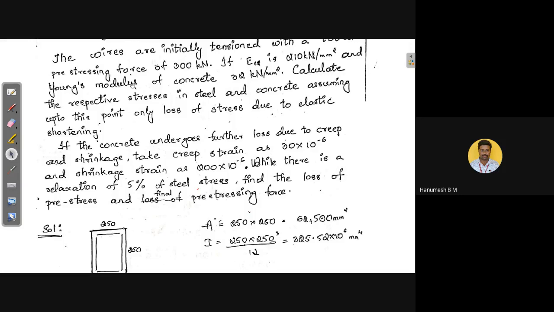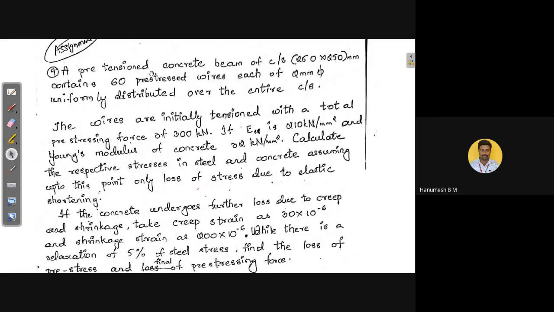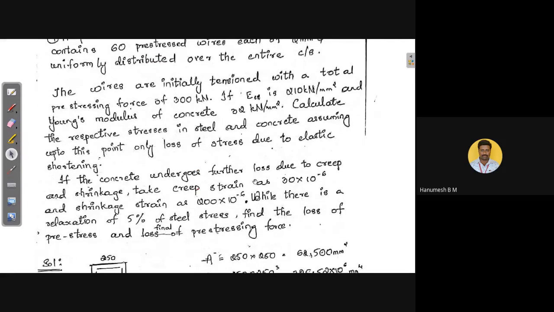They have given this problem like the previous one. It is also a pre-tension member. Pre-tension member means we need to find out 4 losses. Which are the 4 losses? Losses due to elastic deformation, losses due to creep, losses due to shrinkage, and losses due to relaxation of stresses in the steel. What has changed here: to calculate the creep losses, the ultimate creep strain is given, so we must use the creep strain method. In the previous problem the creep coefficient was mentioned. Hence in this problem the change is creep strain, and also eccentricity is 0 in this problem. This is about the data.